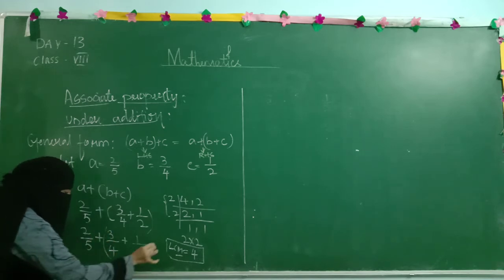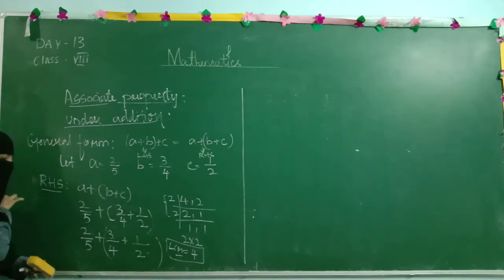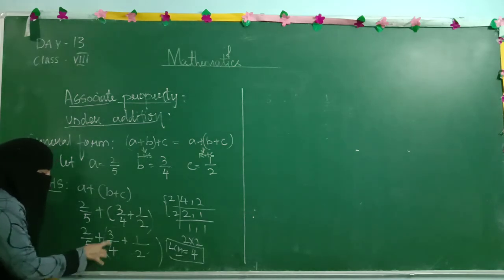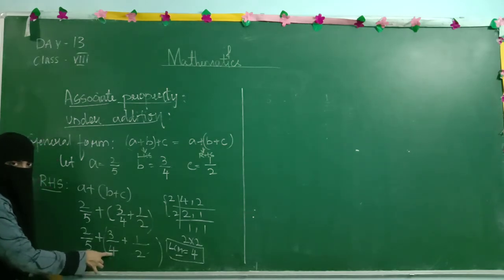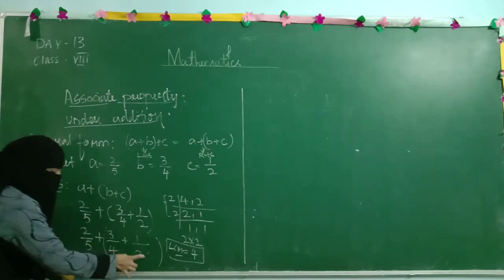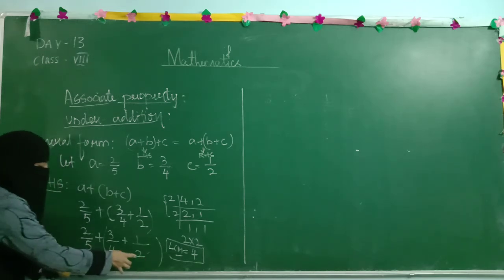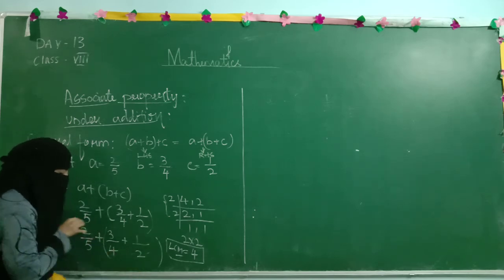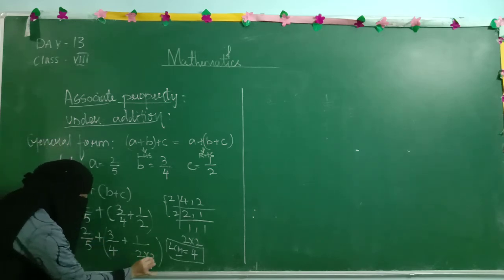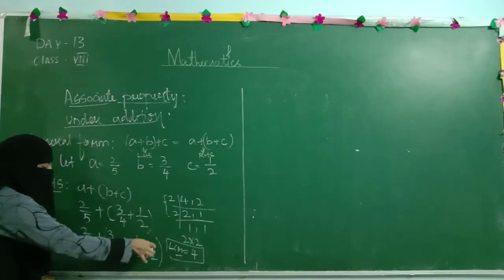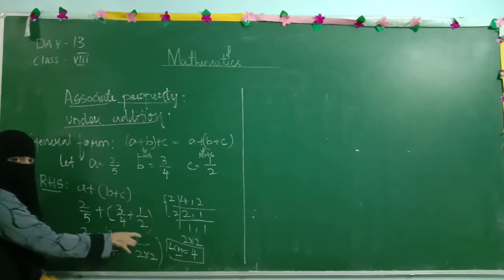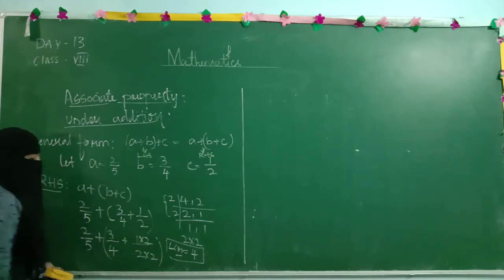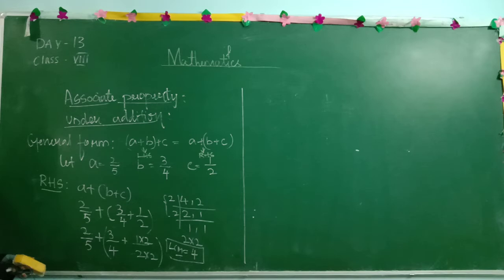As they are in the brackets, first we are giving the preference to them and we are solving them first. So already you are observing here 3 over 4, the denominator is already 4, so no need of changing. But here there is a need to change and we have to make this 2 as 4. How are you going to make this 4? Yes, 2 times 2 is 4. Whatever number you multiply in the denominator, the same you need to multiply in the numerator as well. So here 1 times 2, you will get the answer as 2.